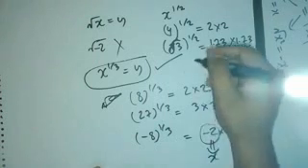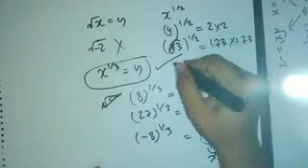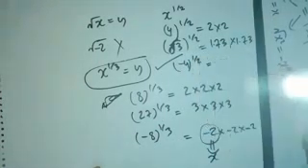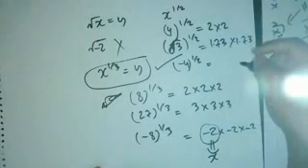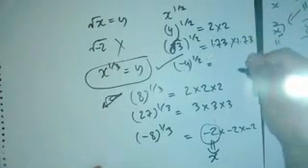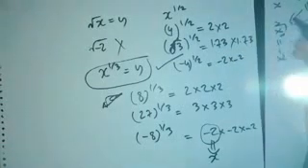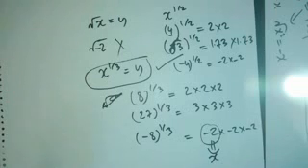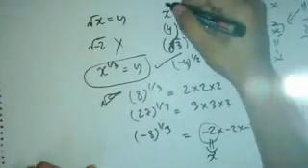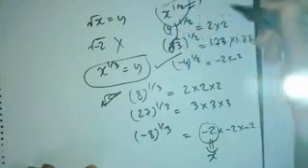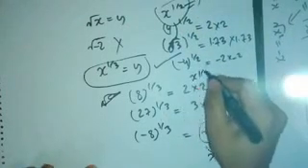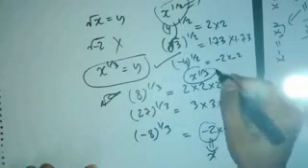But here, if we had minus 4 raised to power half, I do not have a number which I multiply with itself and I get a minus 4. If I take minus 2 into minus 2, it is 4. If I take plus 2 into minus 2, then it is not multiplying it with itself, right? So that's why x raised to power half cannot take negative values, but x raised to power 1 by 3 can take negative values. Thank you.